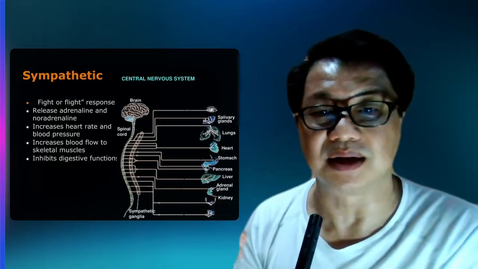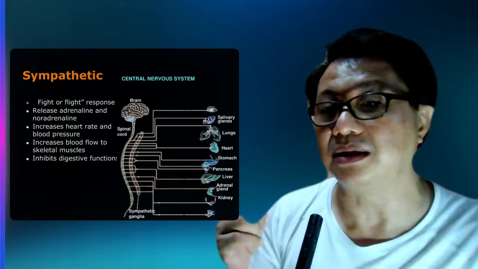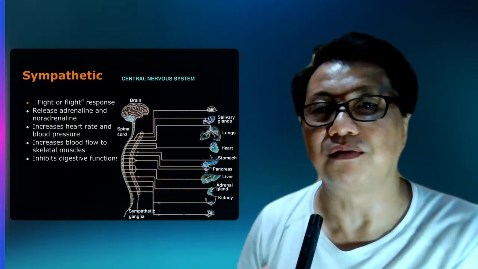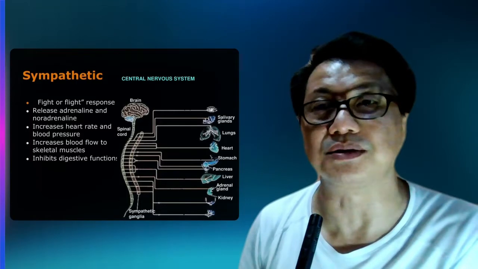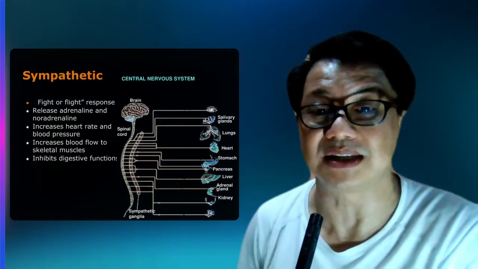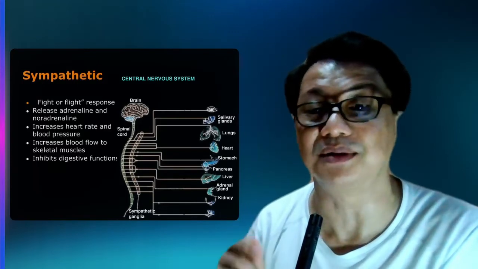Halimbawa, yung muscles, they need more blood, they need more oxygen supply. And we do that by removing yung supply from areas na hindi natin kailangan for fighting. And the digestive system is one of those areas na kinukuhanan mo ng dugo.